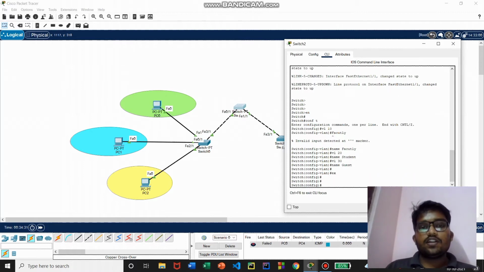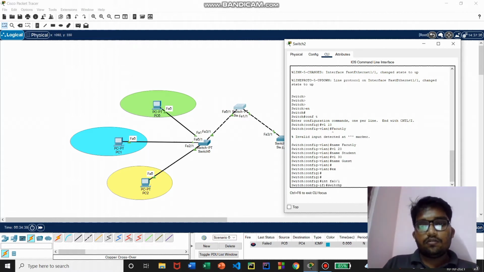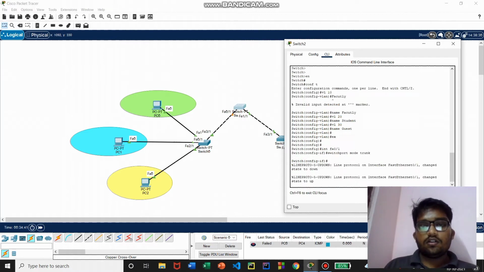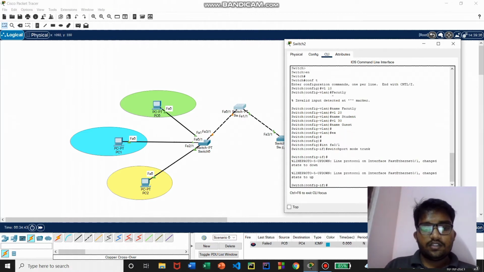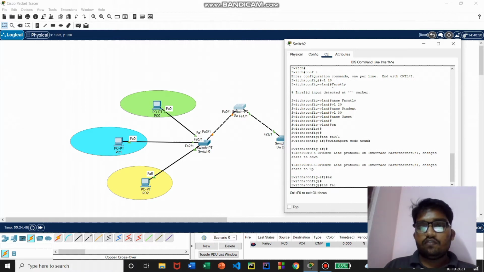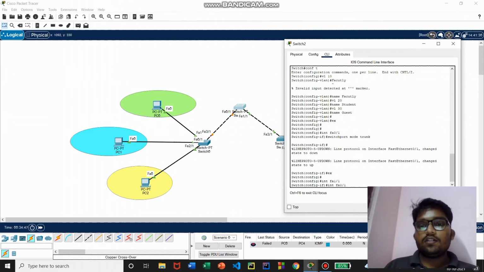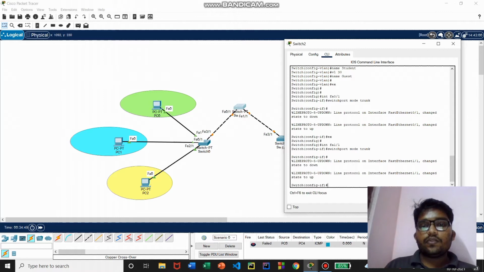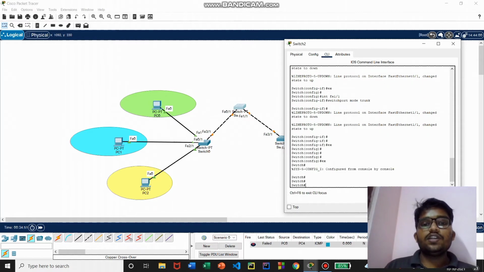That's it. Now I just have to set the FA0/1 and FA1/1 interfaces into trunk mode. Interface FA0/1, switchport mode trunk. That's it. Now let me take the other interface FA1/1, the same command, switchport mode trunk.